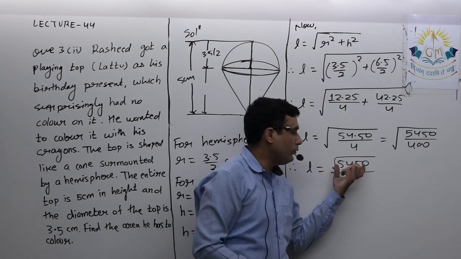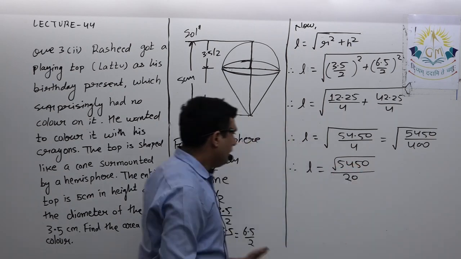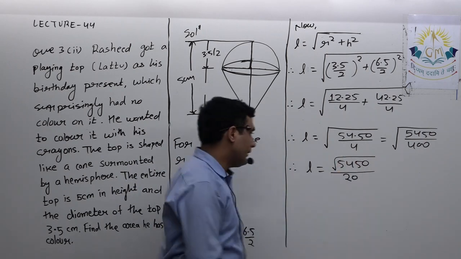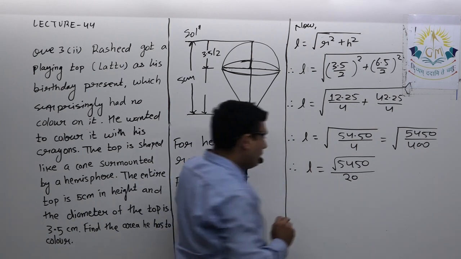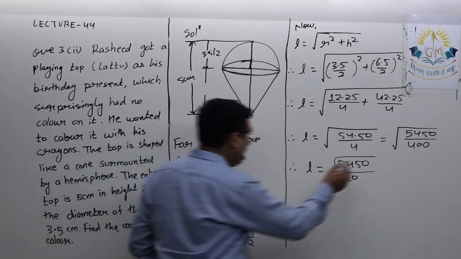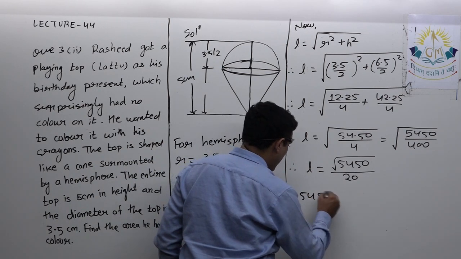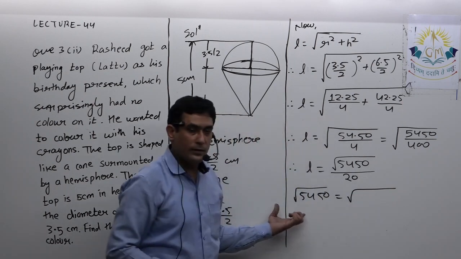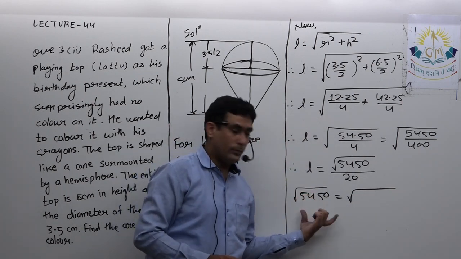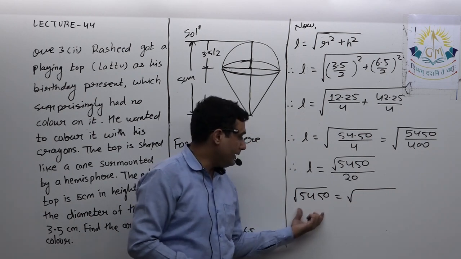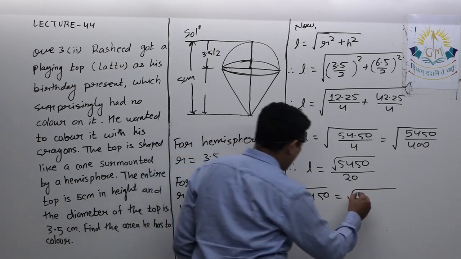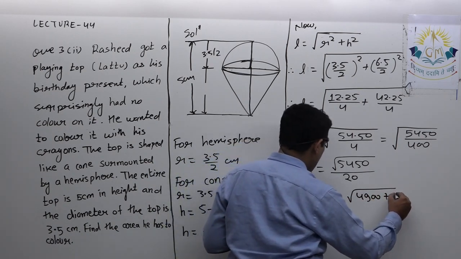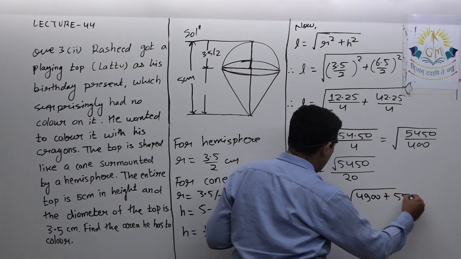Now it is a matter of finding the square root of 5450. Now there is a simple way: you can find its square root by long division method, or I am giving you a shortcut method over here to find the square root. I have to find the square root of 5450. So first write this in two terms such that it is the sum of two numbers where one is a complete square and nearest to it. So I think 4900 is a complete square which is nearest to it, and so remaining part will be 550, isn't it?